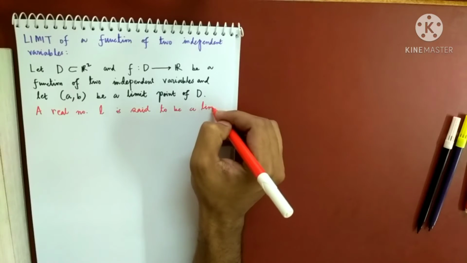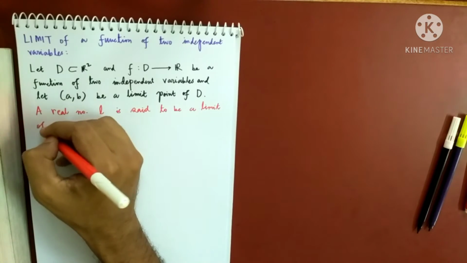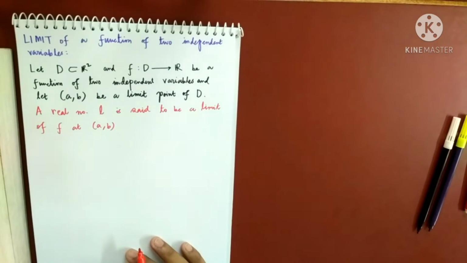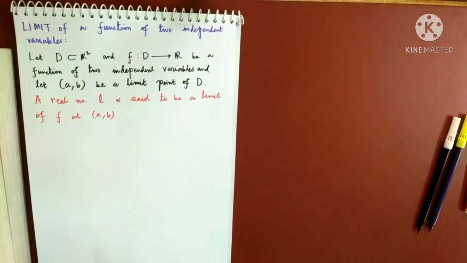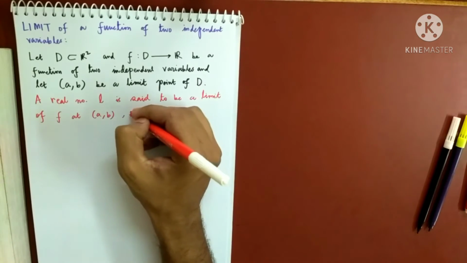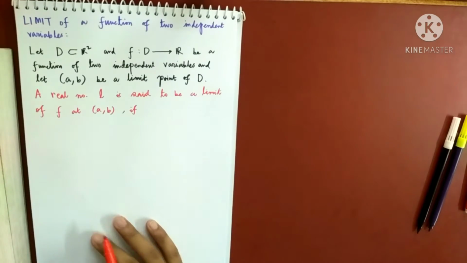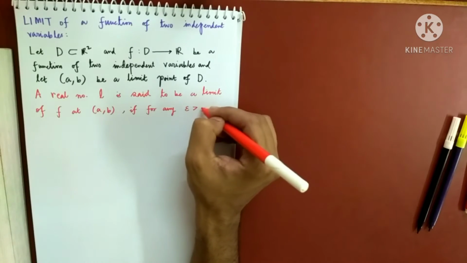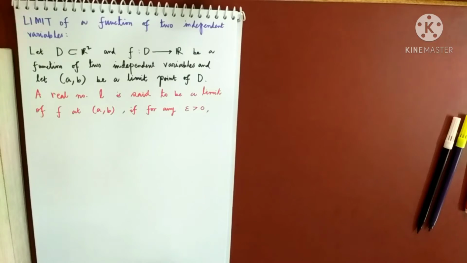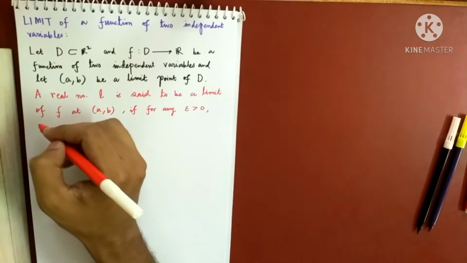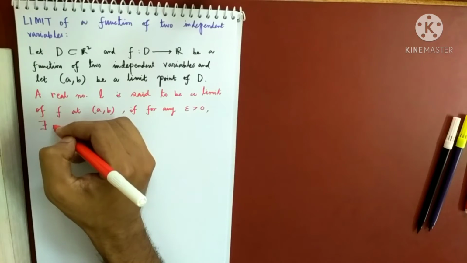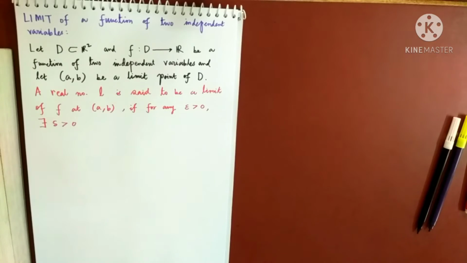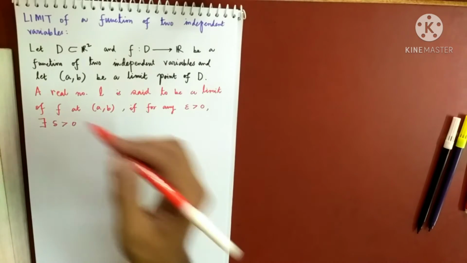So it's said to be a limit of f at a comma b. So this L is said to be the limit of the function at a comma b if, same definition as you had used there, for any epsilon greater than 0, there exists a neighborhood,